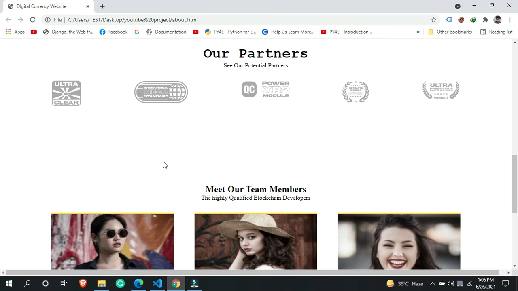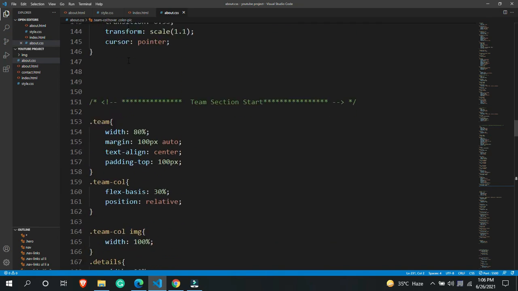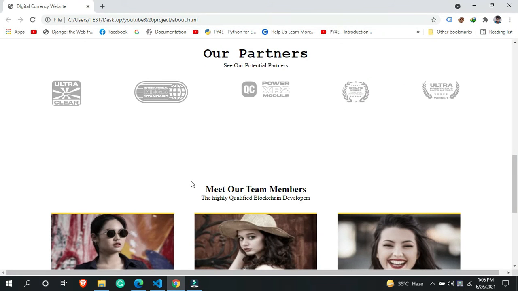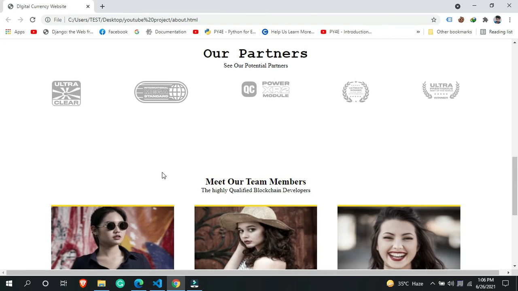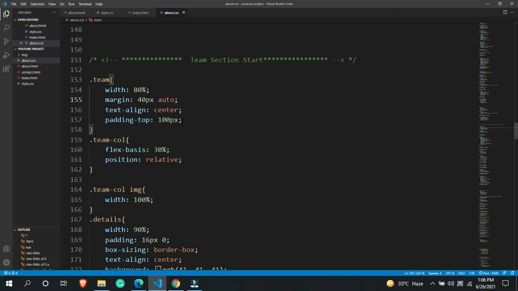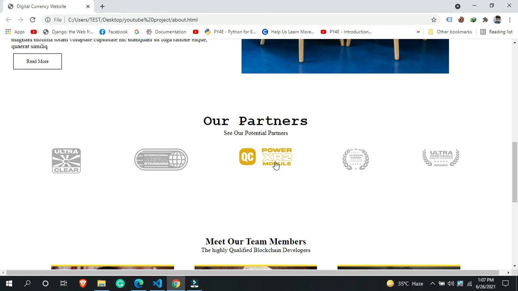some of the margin from the top. Okay, so in order to remove margin from the top, what do you need to do? Let's come up over here, and here we can see this particular element is getting a very big margin. So let me remove it from the top. Let me say I want margin around 40 pixels from the top, and padding top is around 80 pixels, and that's it. So yeah, we are getting everything aligned and fixed.